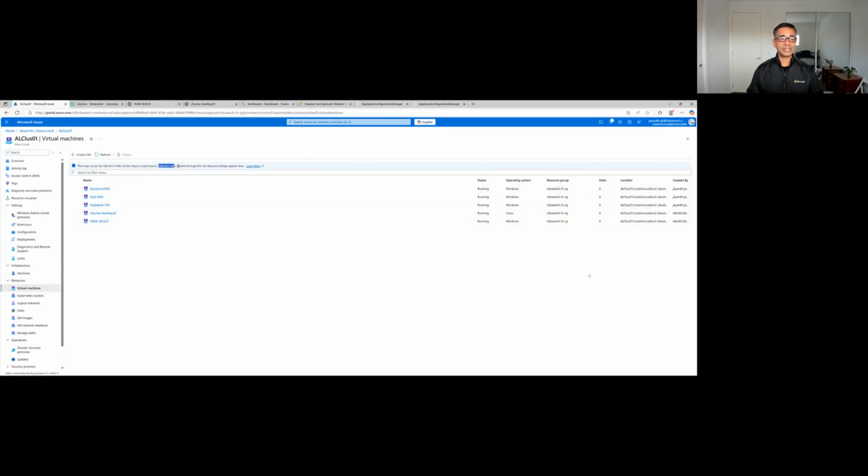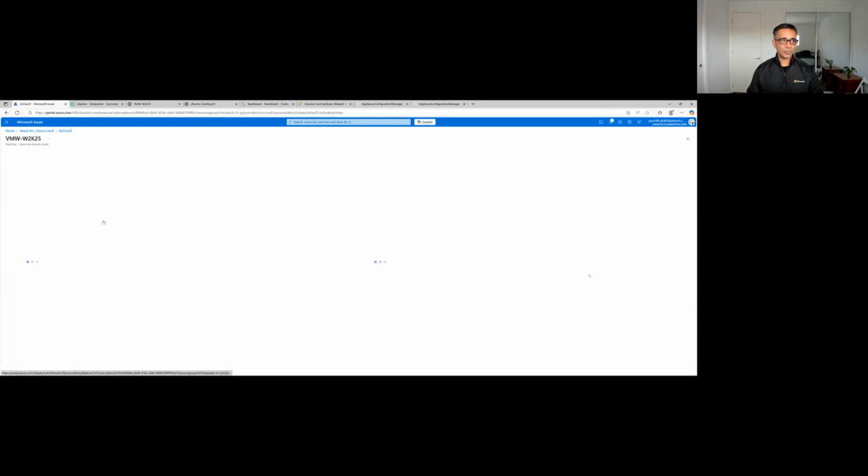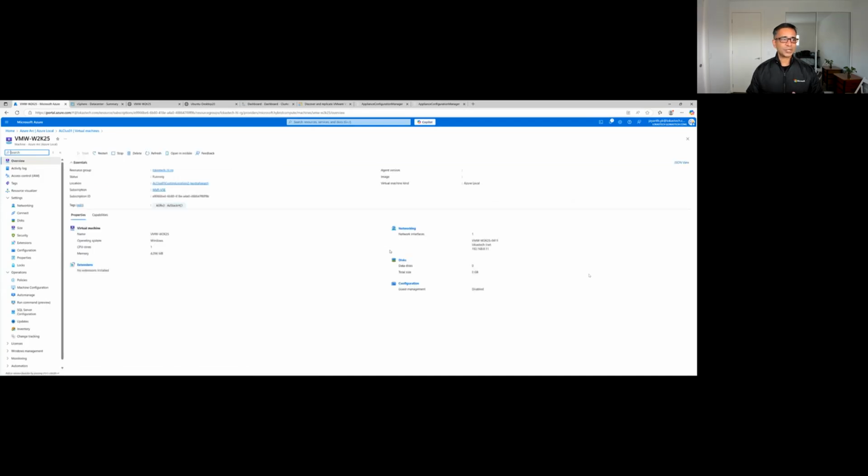As you can see, it clearly says it's being managed through Arc Resource Bridge, which is the most important part. How beautiful, isn't it? So it just treats it like a native Azure VM. Even though this VM was migrated from VMware, now it has become a first-class Azure resource. Now, before we can technically call that a first-class Azure resource, we need to enable